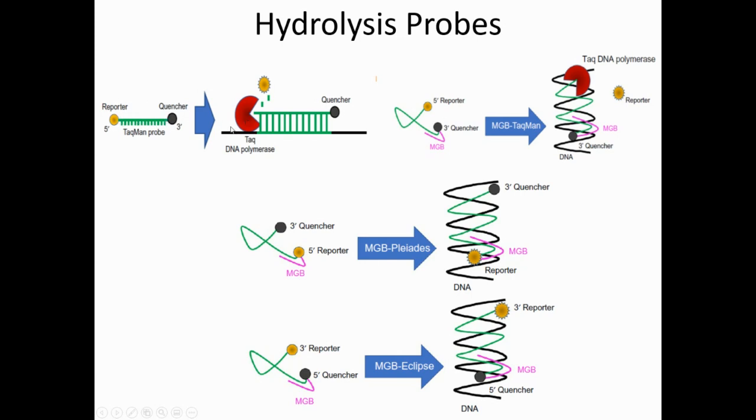quencher, right? When this probe binds to the target, there's no signal. But when the Taq polymerase performs the DNA synthesis, it has the 5' to 3' exonuclease activity. It digests the probe and releases the signal so that you can detect it. That's a hydrolysis probe. The fluorescence is measured at the end of the extension phase,